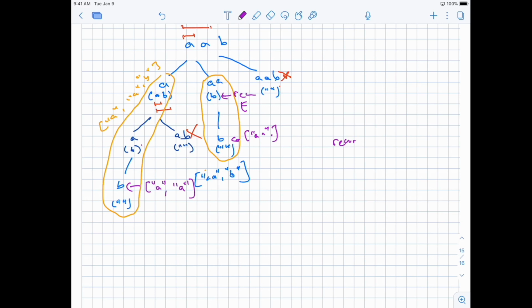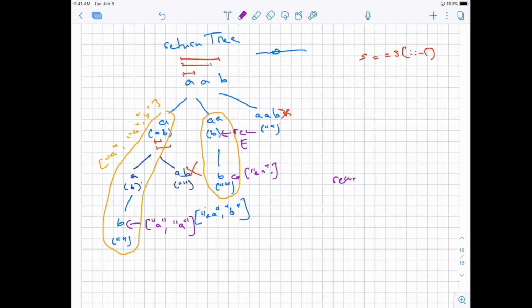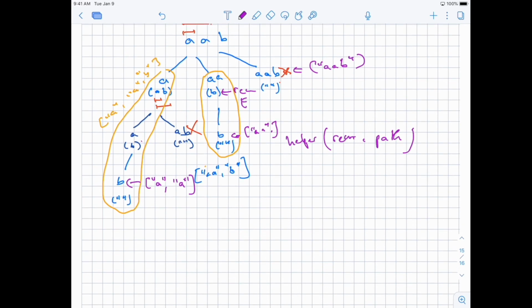right? So that when we add B at the end, we can just return the rest, right? And for example, here we want to say that it's just AAB, right? So we want both the remaining portion of the string and the path as the state for our, let's call it helper function or backtracking function, whatever you want. Okay, and now how do we do this in code? How do we do this